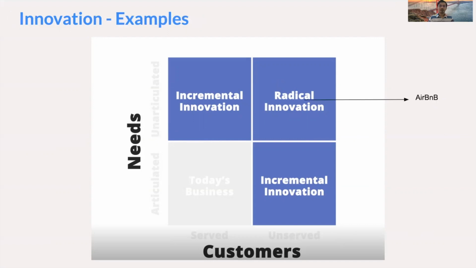Now, if you think about Airbnb, when it came, it started with operations in limited cities in the US. For the core customer need, no one had said, "Hey, Airbnb, we want to stay in someone's home rather than in a hotel or a B&B." There was no existing product in the market at that point in time which could have served the unarticulated need of staying in someone's home. So when Airbnb came with their product, their entire innovation comes under radical innovation.